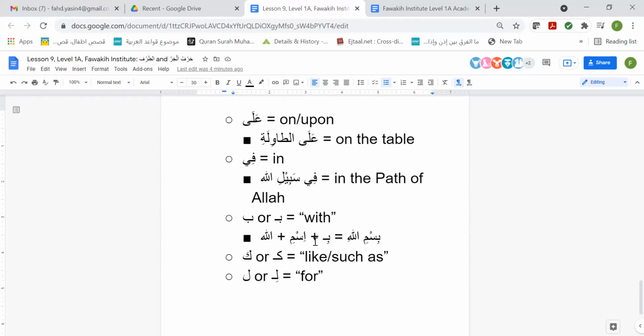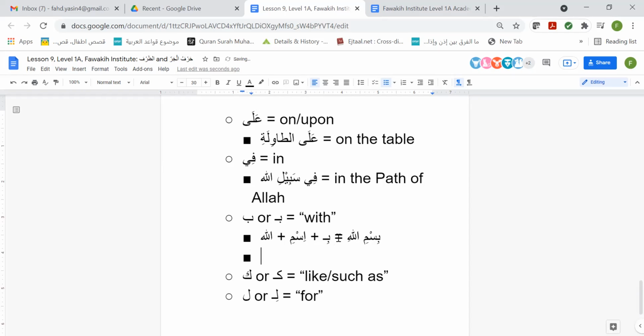But I want to answer this question that the student had, and it's kind of a long explanation to get there. So Bismillah, this is ba plus ism plus Allah. Now, I know that normally Bismillah, how do they translate this normally, right? In the name of Allah, right? Look, this is a perfect example of the question that was given. Here is an example. You could say with the name of Allah. I actually don't see a problem with that, but if you want to say in, that's fine too. If you stick with the mindset that ba only means with, then you're going to miss out on other possible translations. So this is an example where it can mean other things, though with is also just suitable in my opinion.